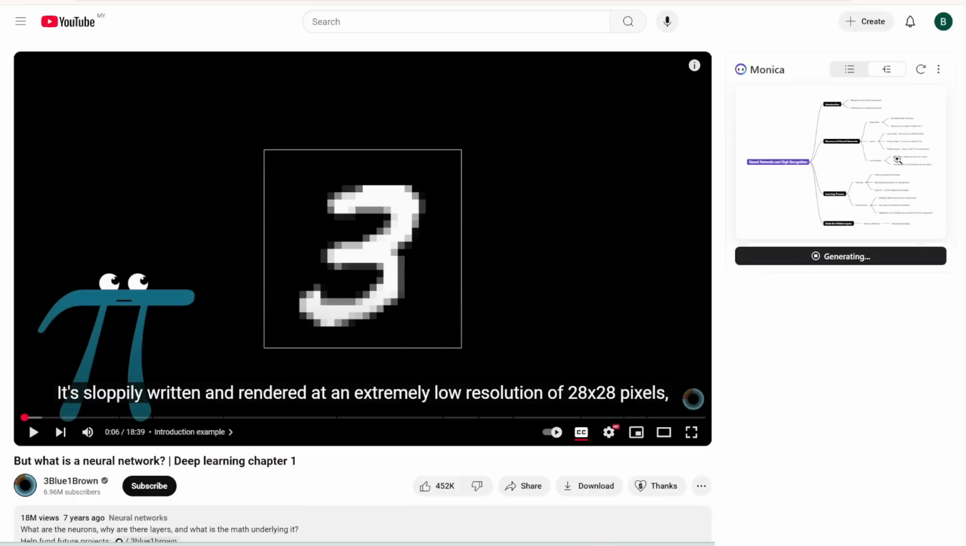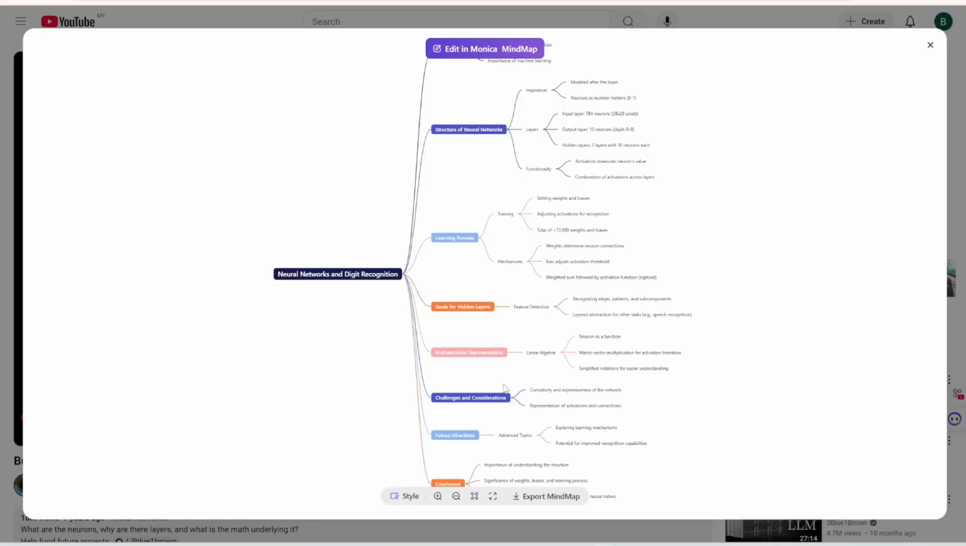Plus, if you click on this, again, it's generating a mind map for you so you can understand everything more